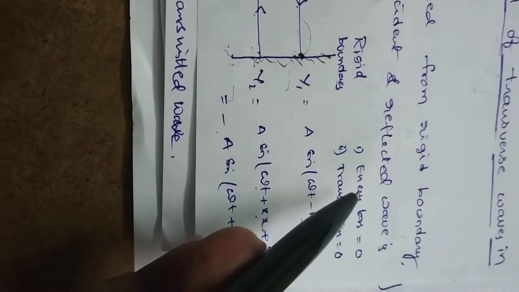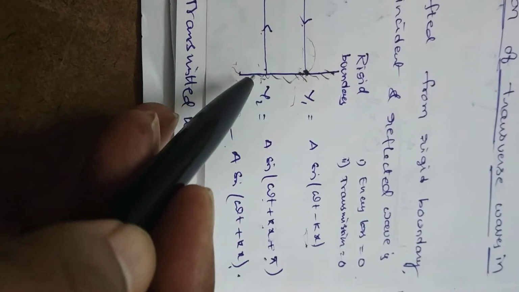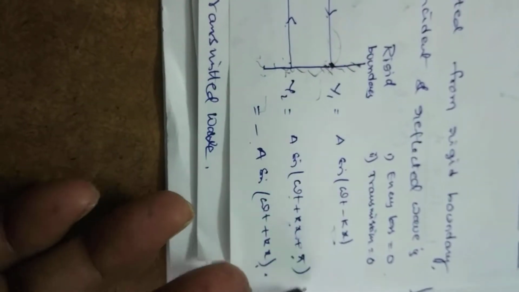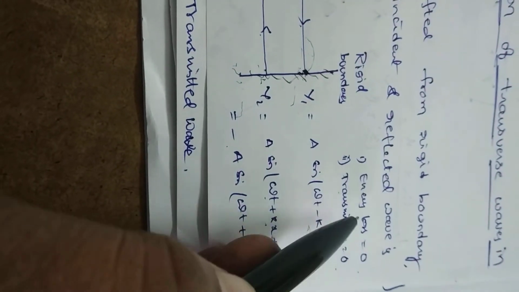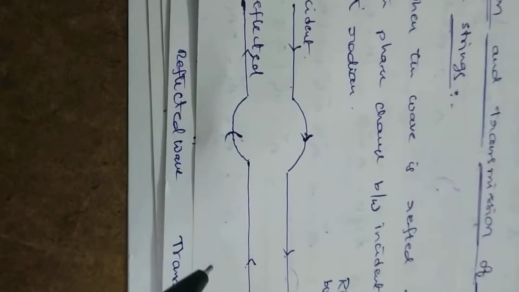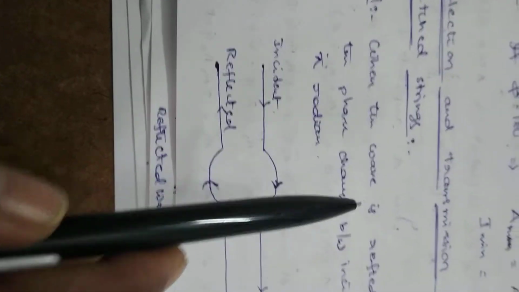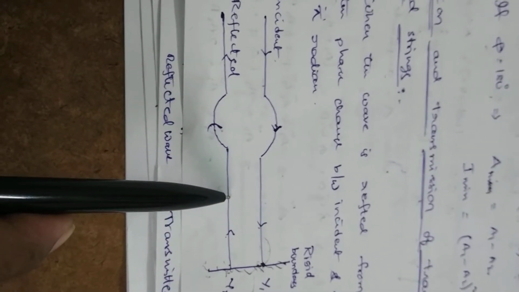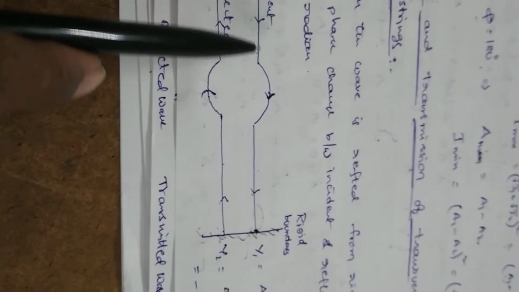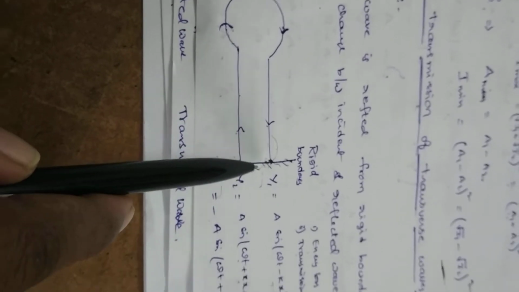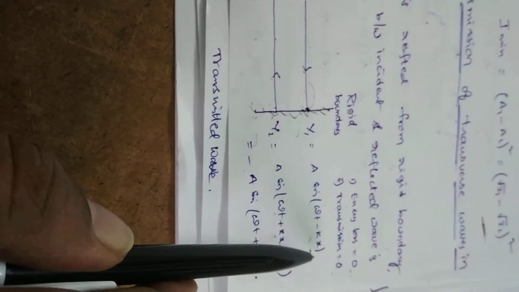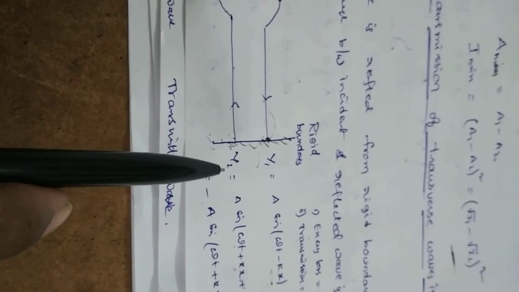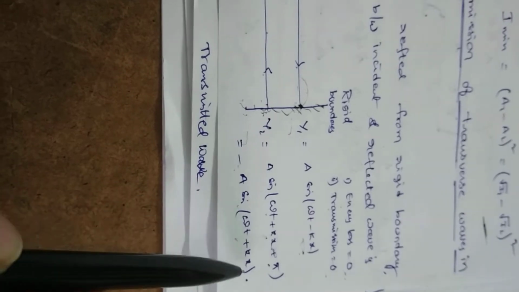Here the energy loss is equal to 0. Energy loss at the reflection is equal to 0 and there is no transmitted wave into another medium beyond this region. That means transmission is 0 and energy loss is also equal to 0. Do you understand? So when the wave is reflected from the rigid boundary, the phase difference between incident wave and reflected wave is equal to pi radians. As the wave is moving along the positive x direction, it's represented by y1 equals a sin(omega t minus kx). If it is completely reflected back, the reflected wave is represented by y2 equals minus a sin(omega t plus kx).